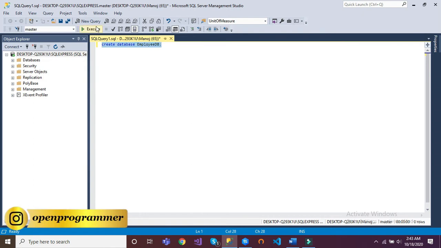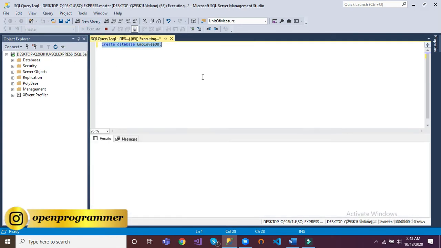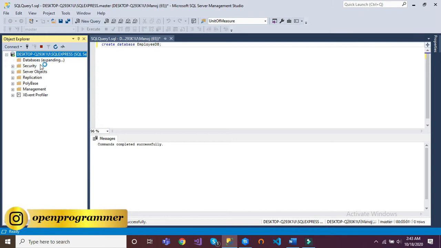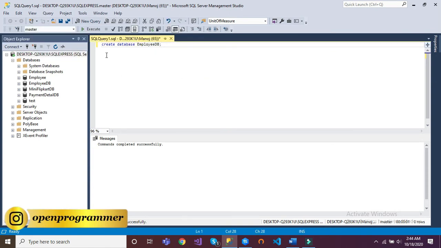Select the command, click on Execute or press F5, it will work the same. You can see commands completed successfully. It means we have created a database. Go to the Databases folder and here it is, employee DB, right? So that is through a query.